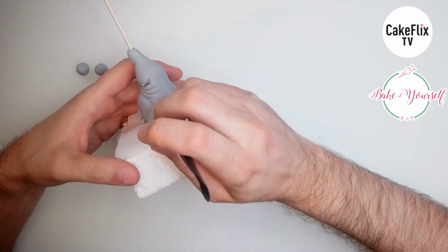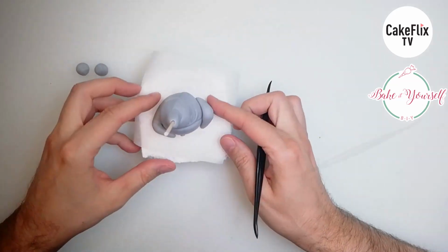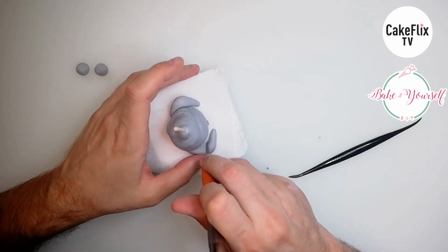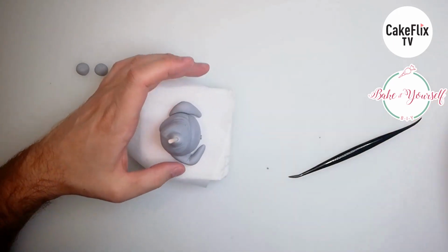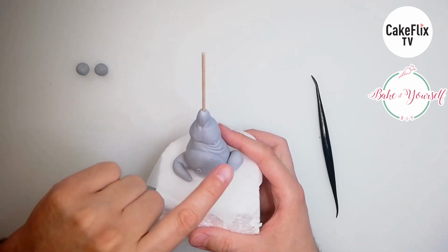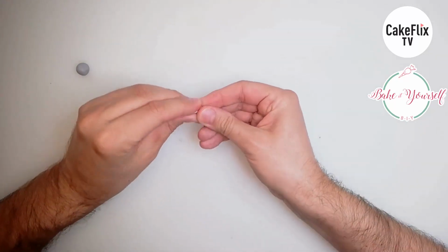I'm making here indentations where the joint is. I can also do them with my blade a little. Okay, this is what I am aiming for. One leg vertical, one horizontal. Now I'm going to shape